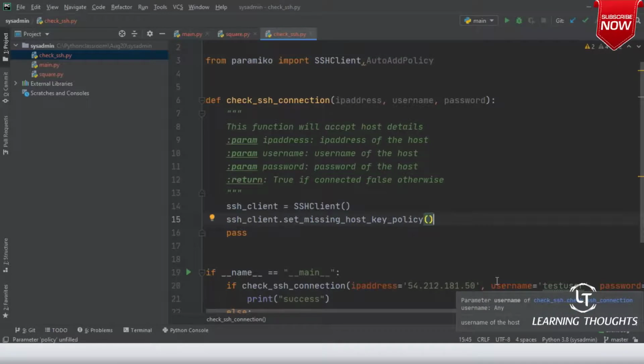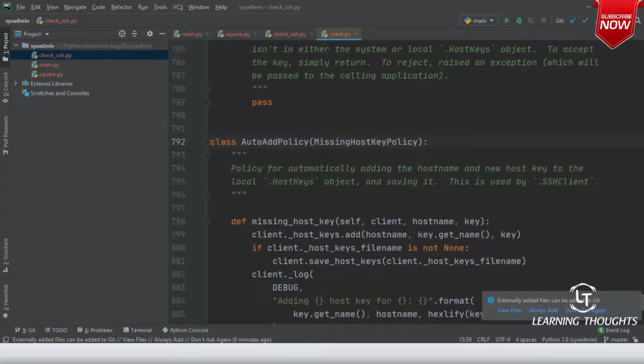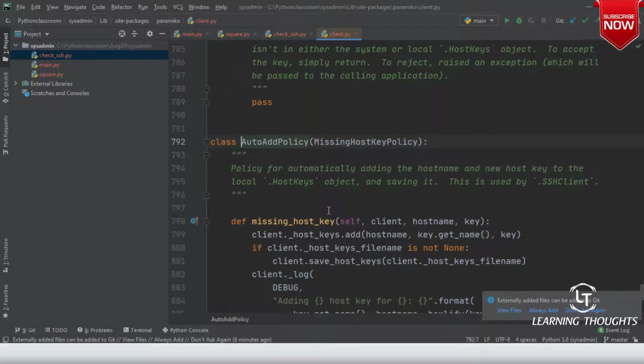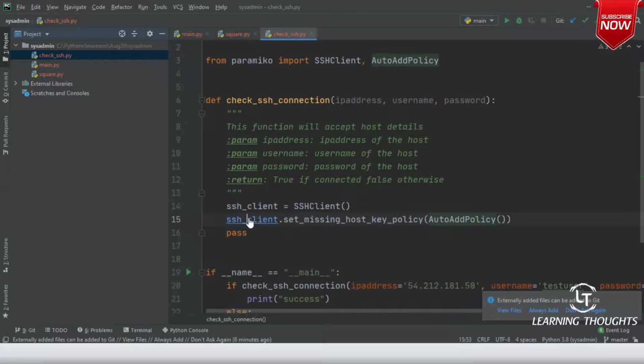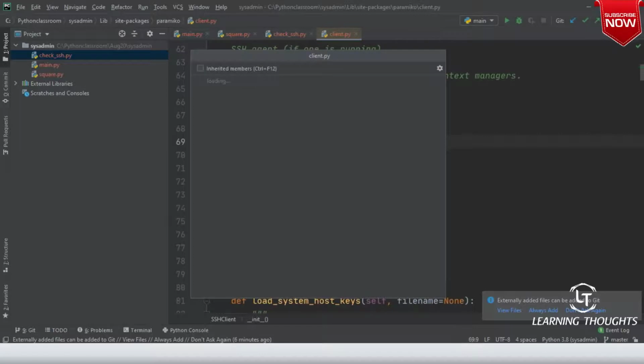I am doing specific imports. If you don't want this, you can go ahead with AutoAddPolicy. Now if you look into this, this is basically what I'm trying to do. Right. Now in the SSH client I am creating,